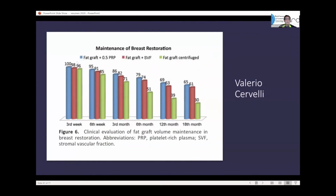And you can see when you put fat with PRP in blue, fat with stromal vascular fraction, and fat alone, you look at the evolution after 18 months, and you can see with 50% of PRP in the fat graft is the largest survival. We use 40%. 40% is no problem with small fat grafting, but when you have large fat grafting, if you want to have a good result and safe results in your patients, we need to say to the patient, well, we need to have 2 or 3